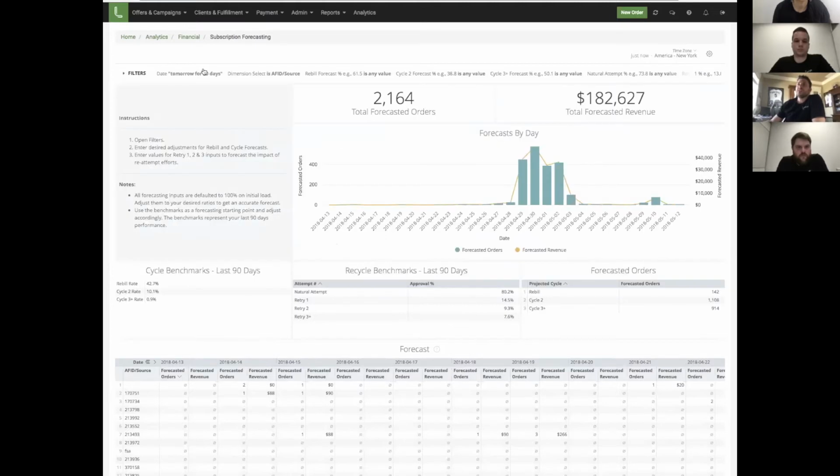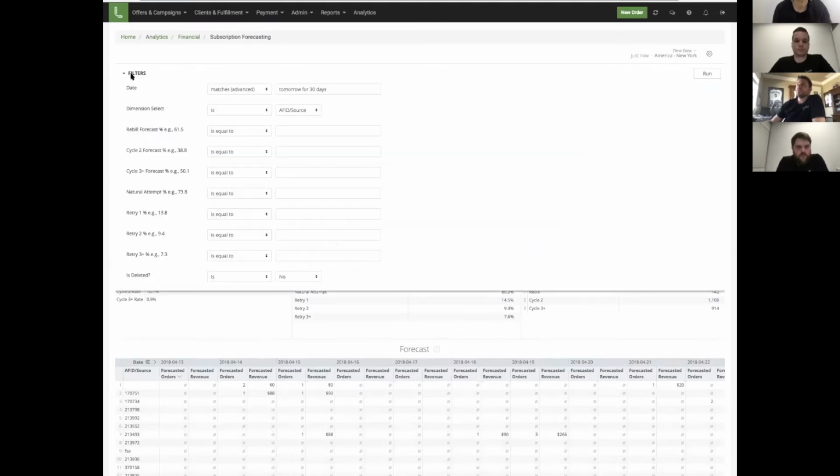So I just opened up my filters, and now I'm going to say, I want to see what would happen if I had a 65% rebill rate, and then maybe my cycle 2 is, I normally get 38.8%, but maybe I'm shooting high. I want to get 45%, and then I'll put this one at 50%. So let's say I just want to look at that, and I'm not even really concerned about the reattempts. I want to hit run,